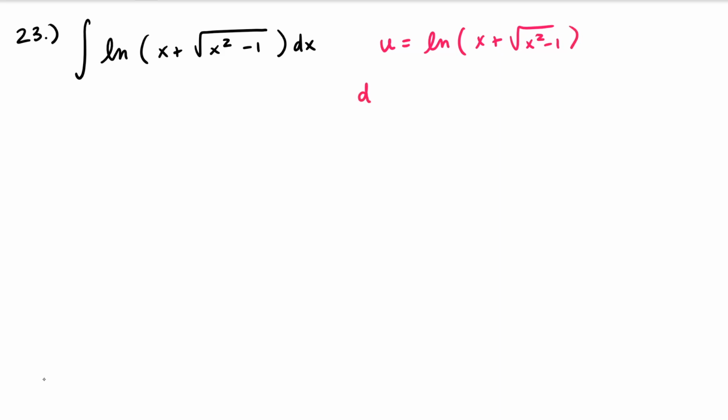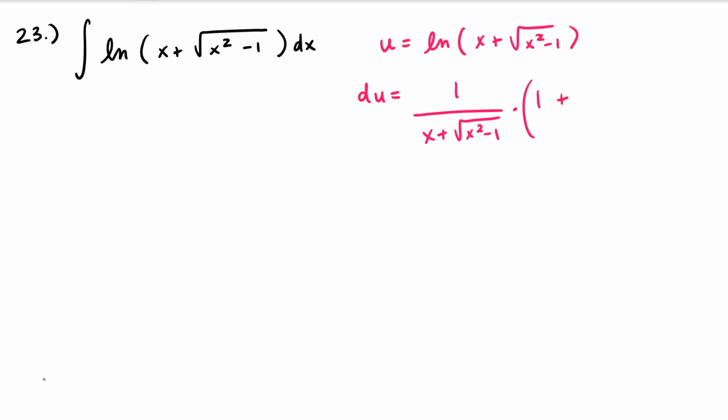And then let's go ahead and take the derivative now. So I have 1 over x plus the square root of x squared minus 1. And then I need to multiply that, because we're going to use chain rule, by the derivative of the inside of our natural log. So I have 1